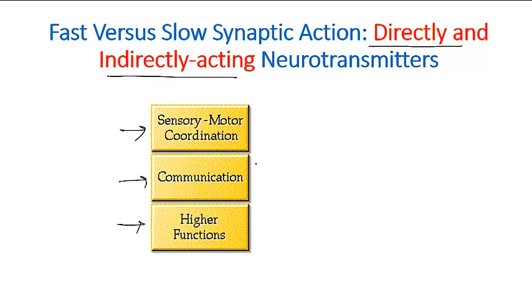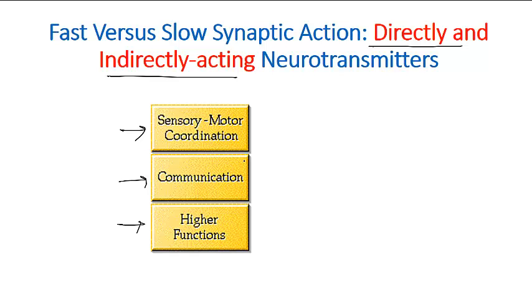For example, rapid synaptic signaling is essential for coordinating sensory input along with the motor output, especially during athletic performances. Rapid synaptic signaling is essential for speech and other forms of communication,